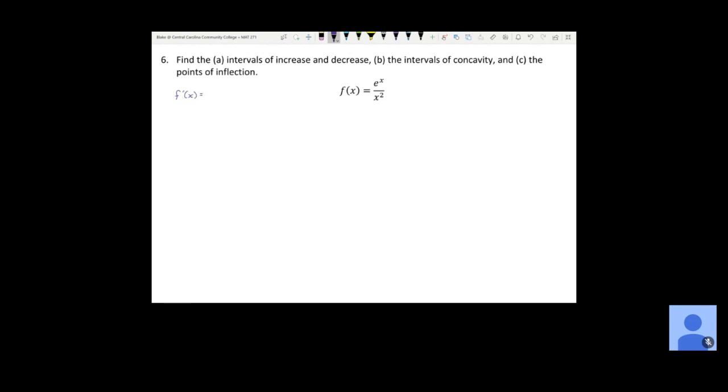So what are we going to have to use this time to find the first derivative? Quotient rule, good. So let's go ahead and think about all those pieces, right? So I'll do f is the numerator, e to the x. G then is the denominator, x squared. So what's f prime going to give us then? E to the x, good. And our g prime is